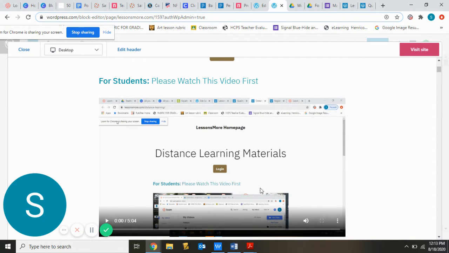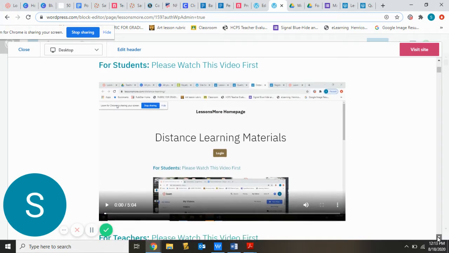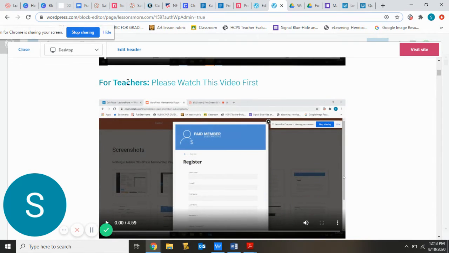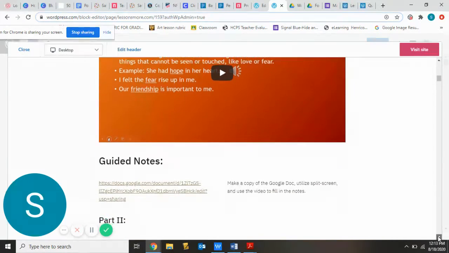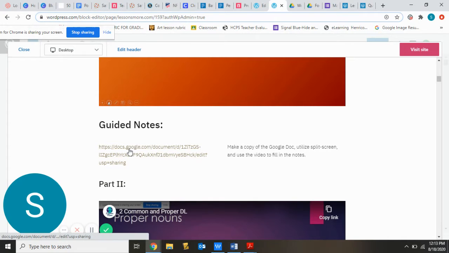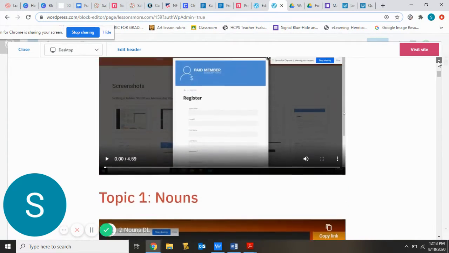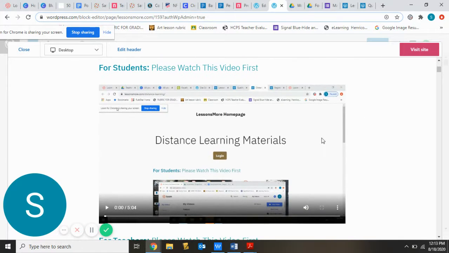Their instructions are here on how to work the site. And then you can come here to watch this to learn how to register and further detail about it. So there are 26 topics here. It's just me reading basic PowerPoint lectures, and then they would download the Google Notes, make a copy, and use split screen so that they could watch the video while using the notes. Instructions on how to do that for the students are already up here for you